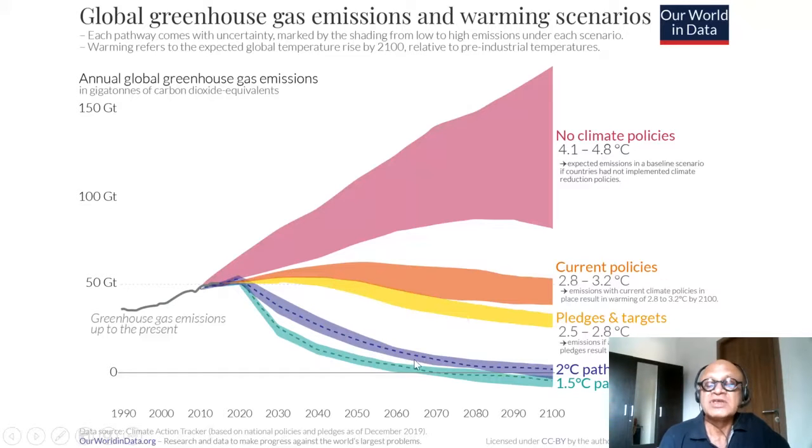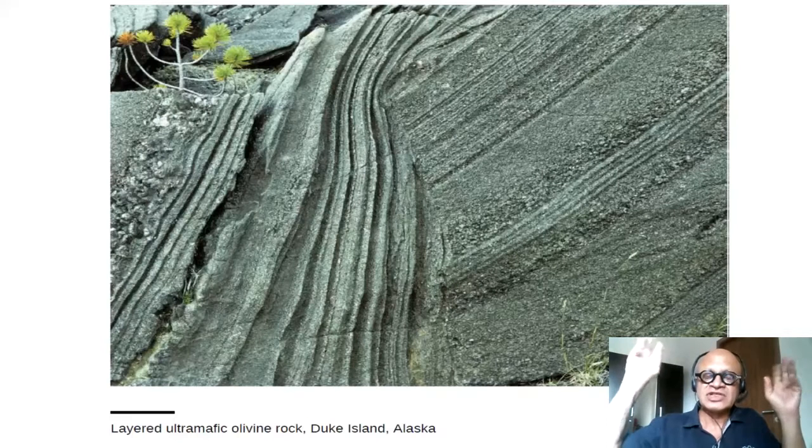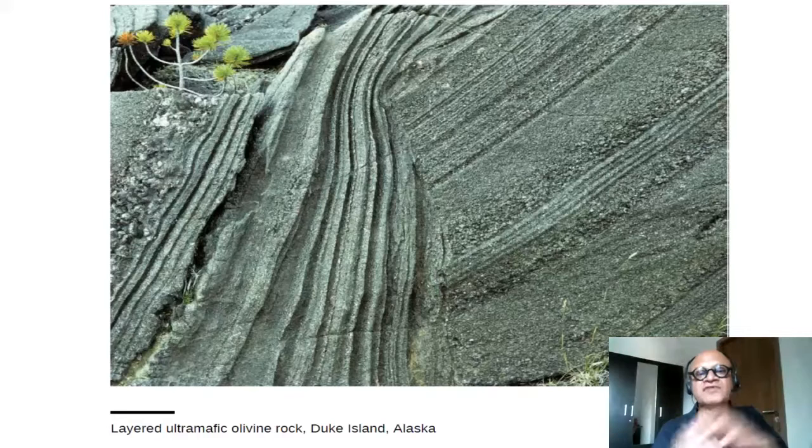So that means we need to find many ways of drawing down more carbon than we emit. We're not going to stop emitting carbon anytime soon, so it's a matter of how much we take out compared to how much we emit. That's generally broadly referred to as geoengineering, where you either reduce solar radiation by what is euphemistically called solar radiation management, where you put reflectors in the atmosphere, in the stratosphere, and so on. You put dust and so on.